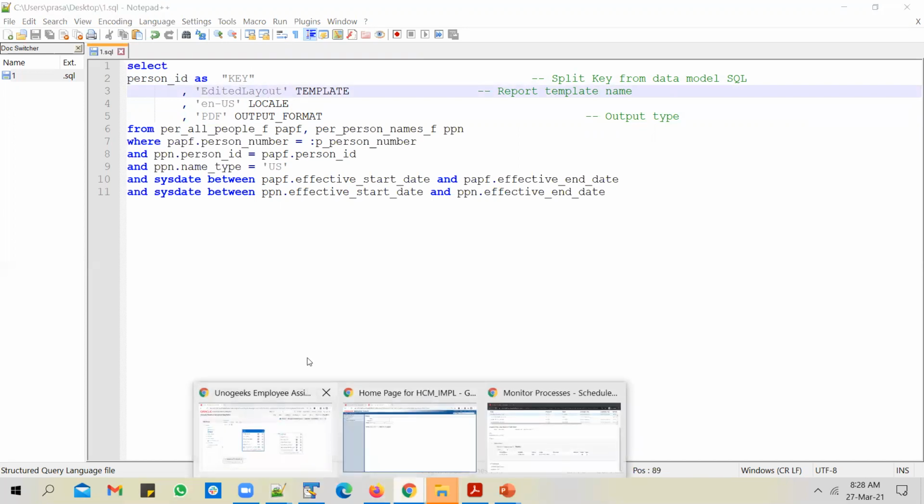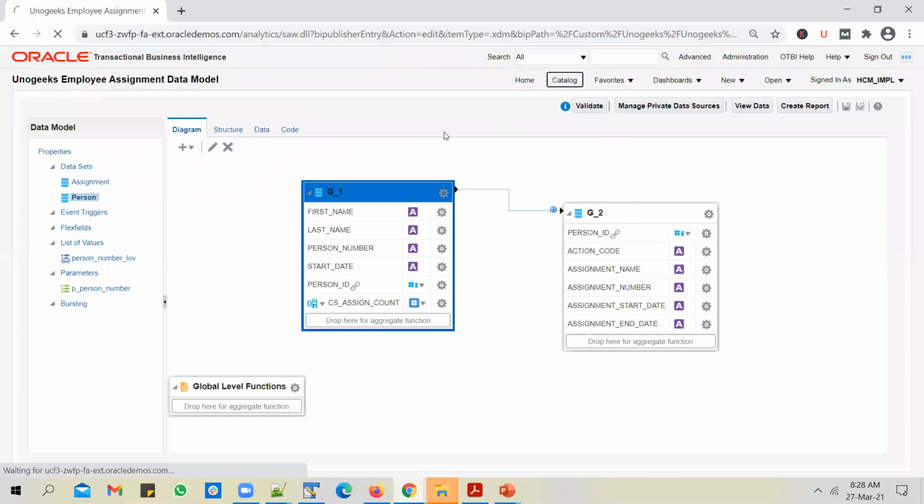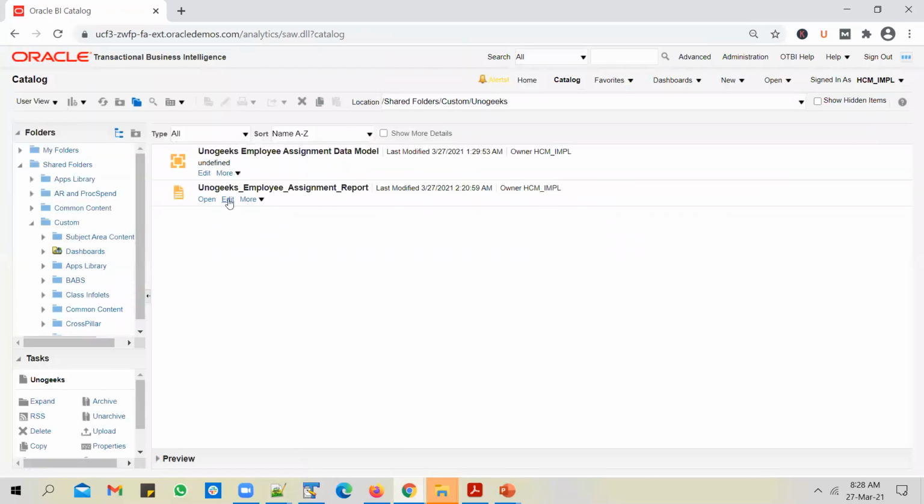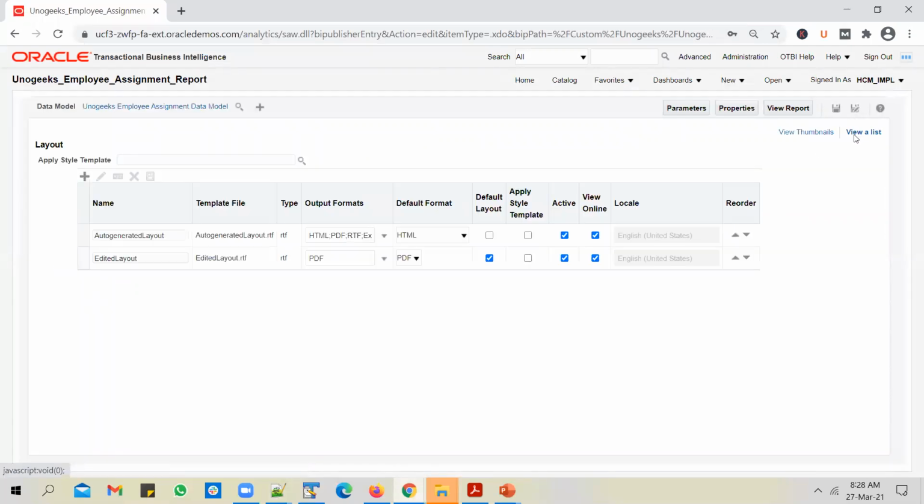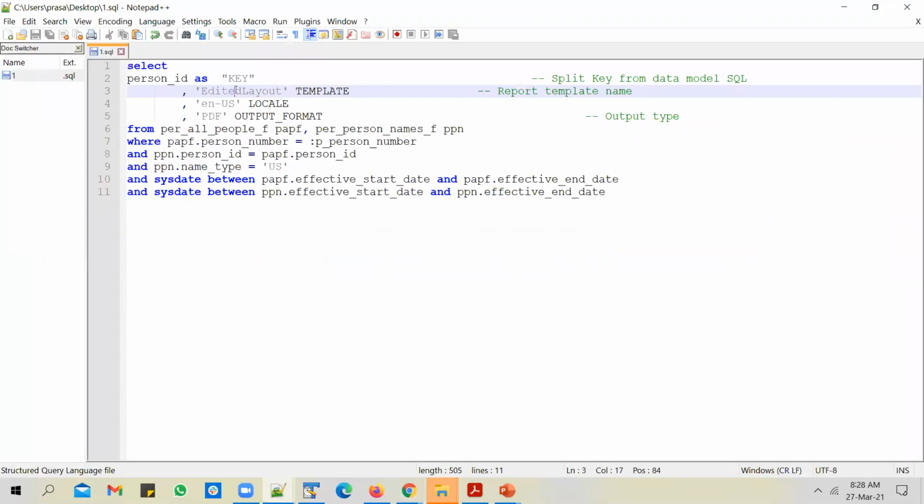So if you go back to the report definition, go to catalog, edit the report, click on view a list, and you copy the template name from there and use it here. Okay, so